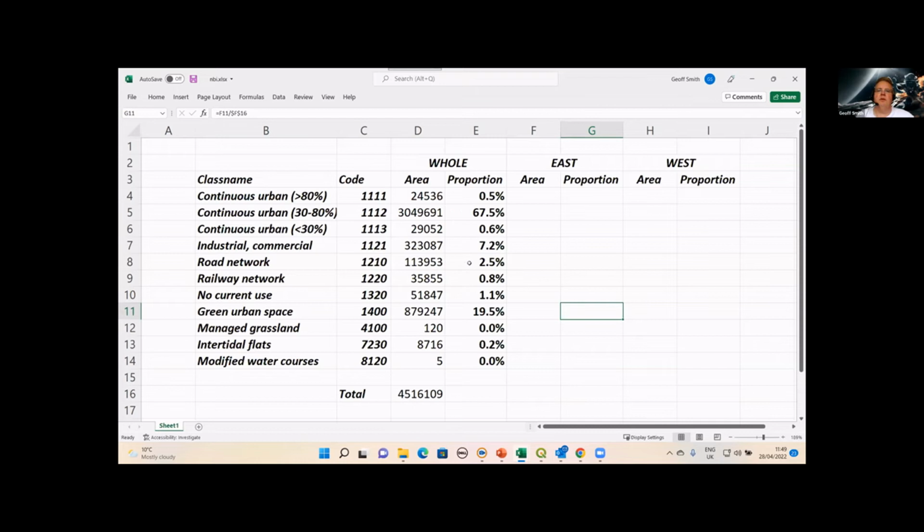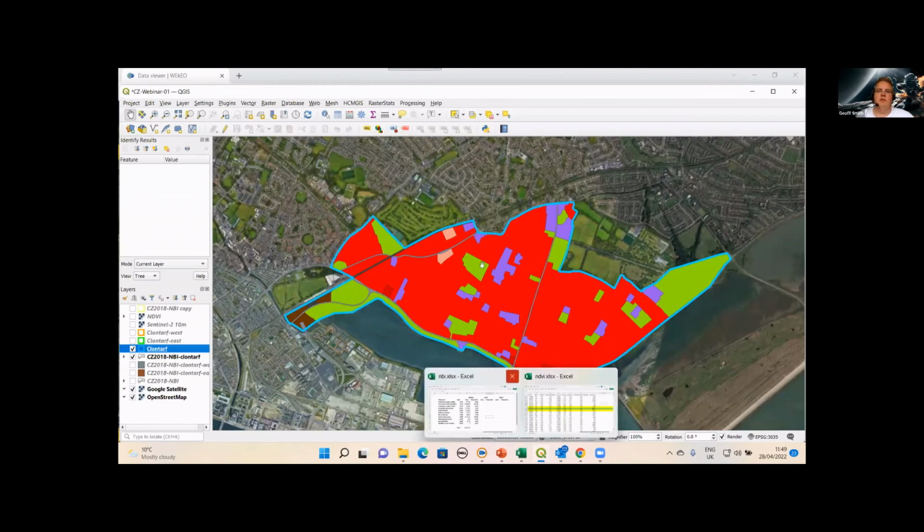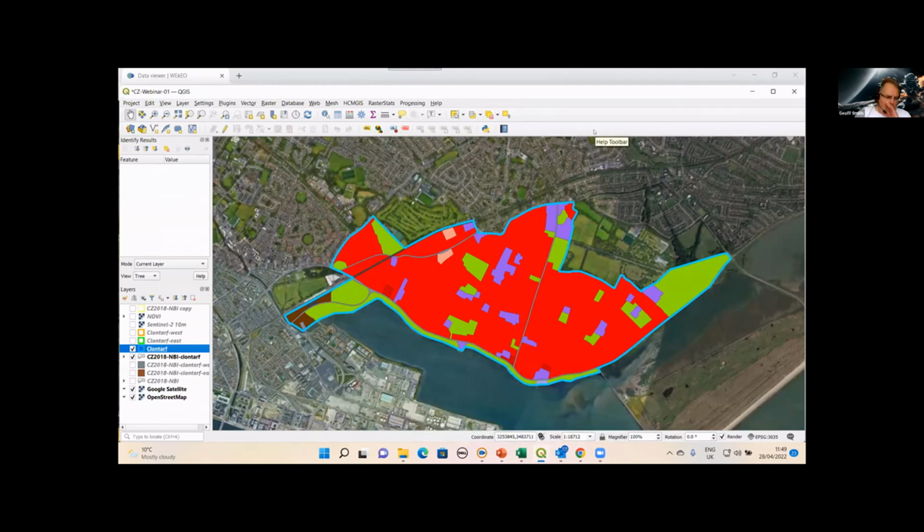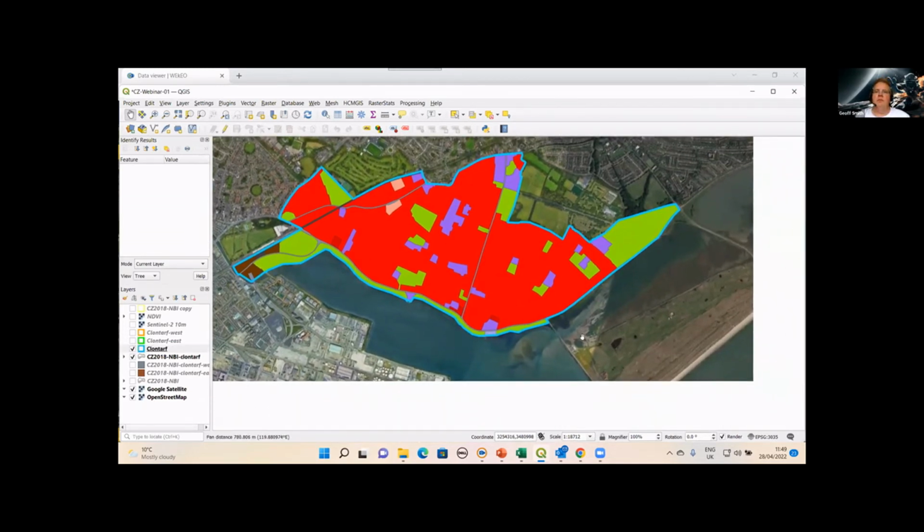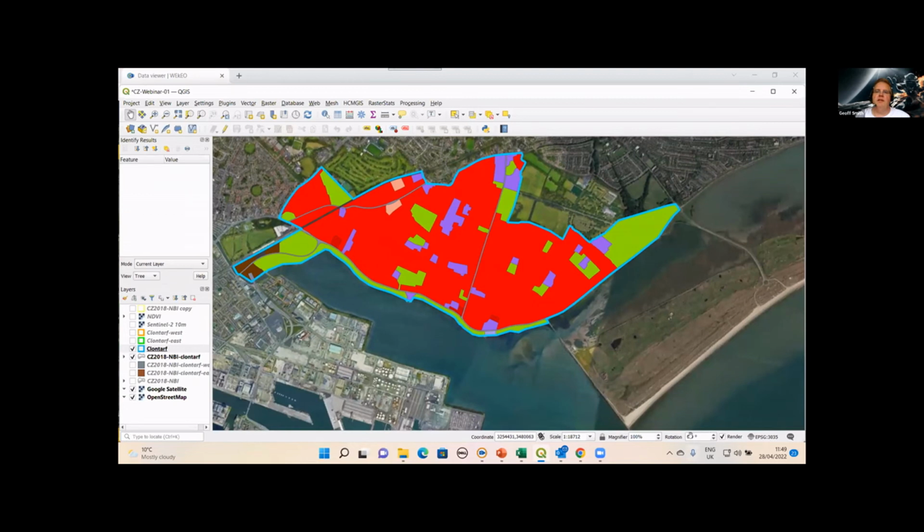So all of these things could be potentially damaged by a wave event, and if there was not sufficient flood protection, etc., along that coast. So that's the area as a whole. But as I'd already mentioned, part of this area is actually protected by North Bull Island. So we can actually do a different analysis.